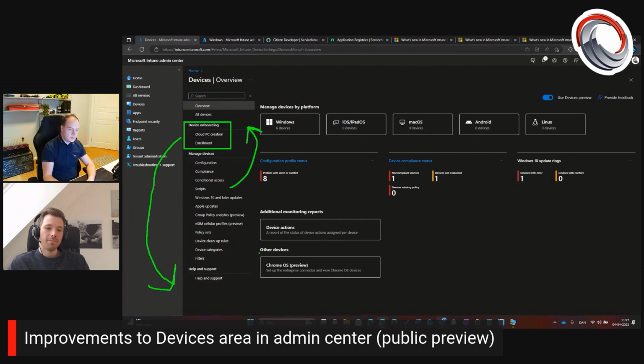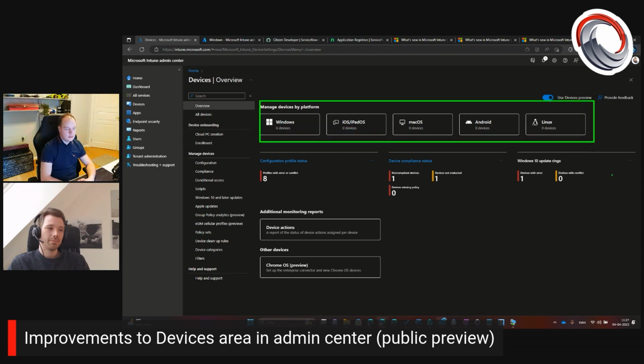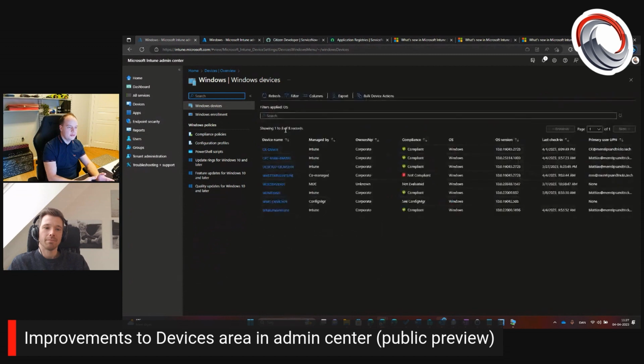What's good, though, on the opposite side is that these rather big buttons are how you manage my platform, and that I use daily. I think that's great. I just hope that, because if you click on one of these buttons, you get into the old preview, or not old preview, but the old experience, right? So here you see the icons are back again,